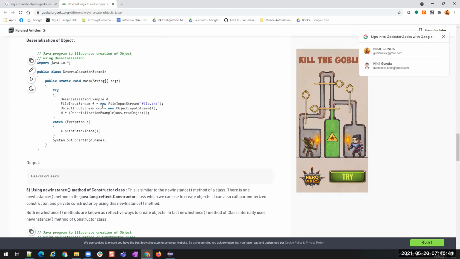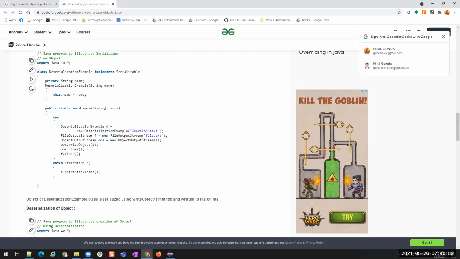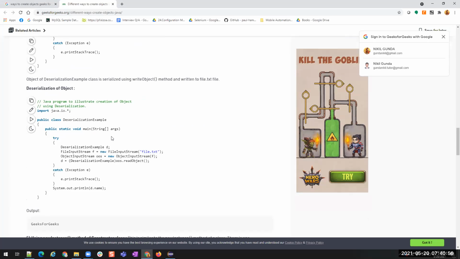Whenever I want it, I read that file, get the object back, and then read that particular object. Do we need all these operations, all this code, just to create an object? No. Nobody is going to use it, but we still have the possibility to do it. Serialization and deserialization: you encode an object and then you decode an object.